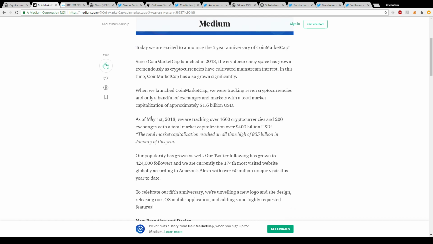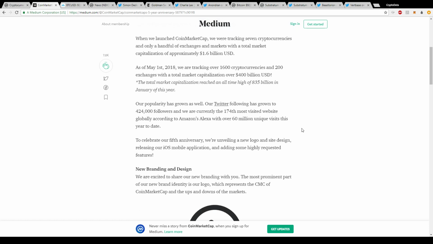And it says now as of May 1st, 2018, we're tracking over 1,600 cryptocurrencies and 200 exchanges with a total market cap of over 400 billion. And again, don't forget how it got to a high of 835 billion just this year. So again, it shows how much they've grown and how much they're contributing to the cryptocurrency market and community in general, and some new designs that they actually did with their website and some stuff they released that I want